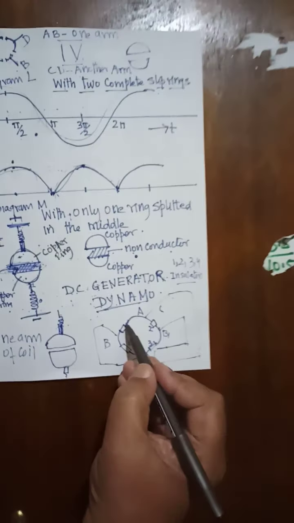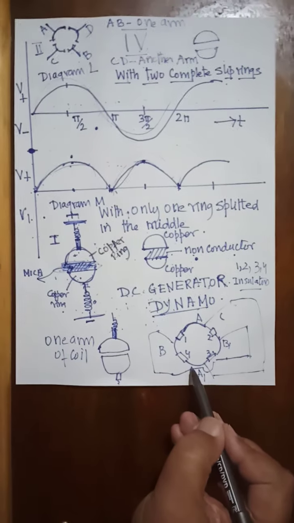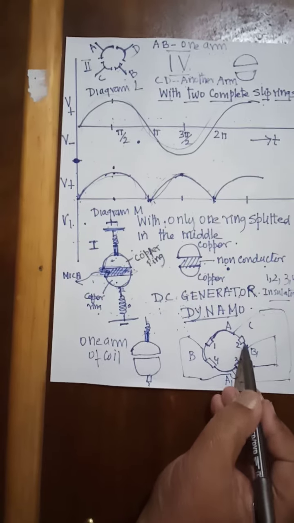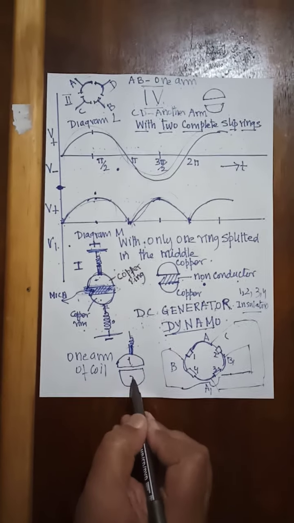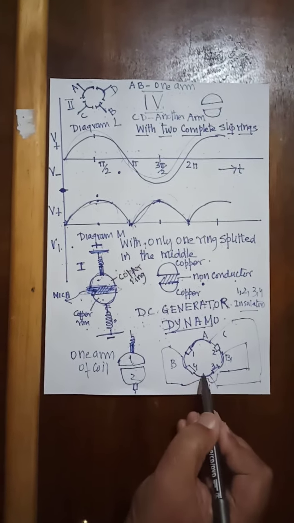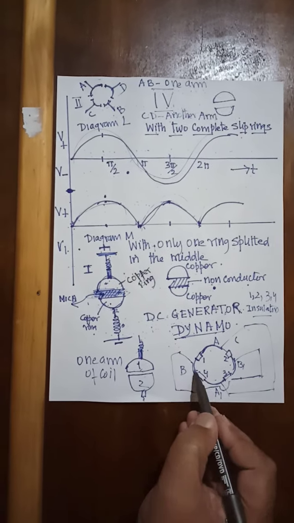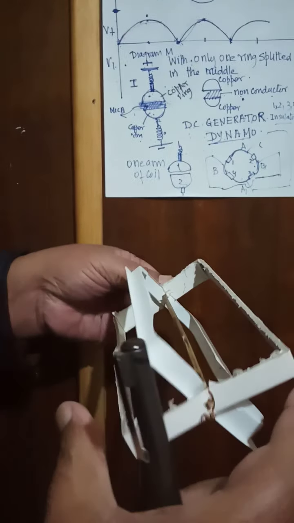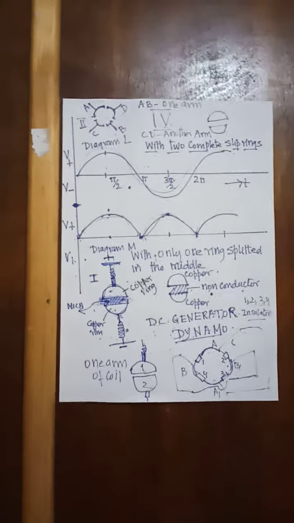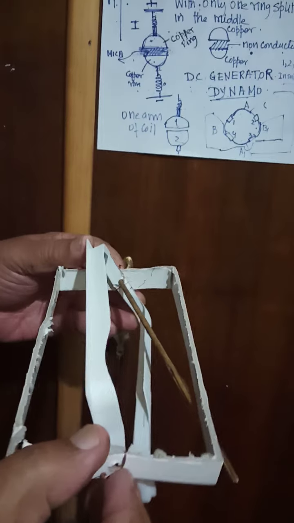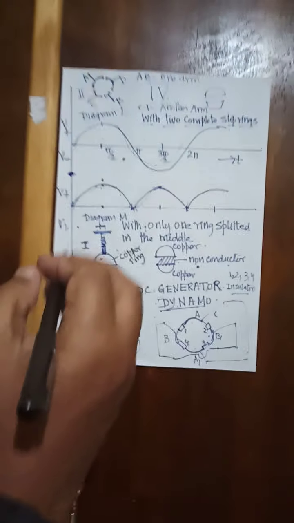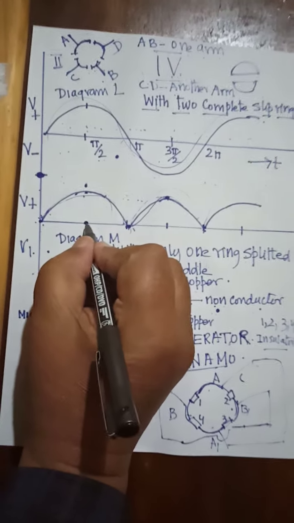So now, if you have a commutator, A1, B1, not like here. Here is only 1 and 2. But here there are 4: 1, 2, 3, 4. And 2 are connected to this, 2 are connected to this, 2 are connected to this. So when you rotate, you know what you will get? Because this is 90 degrees behind the other, so this one will be, see, look here,